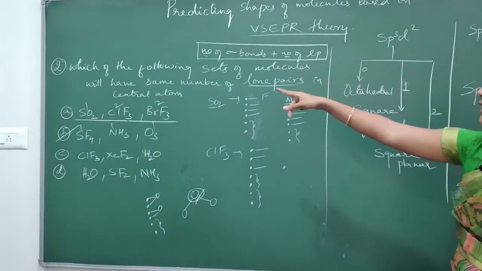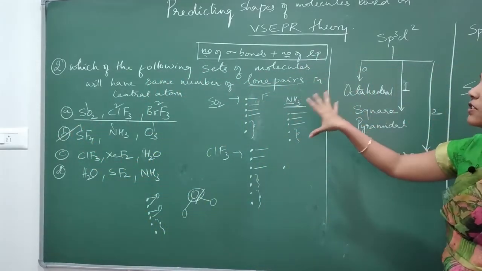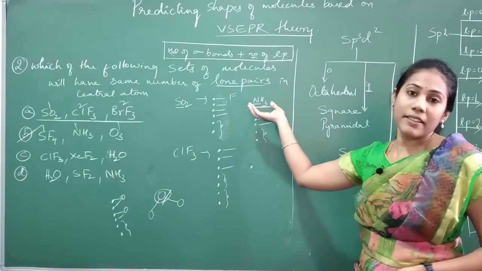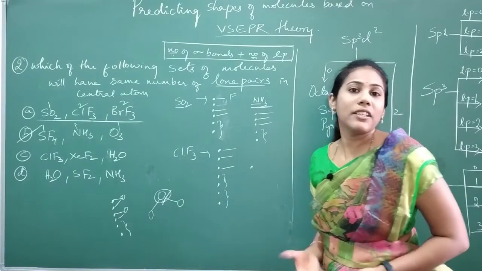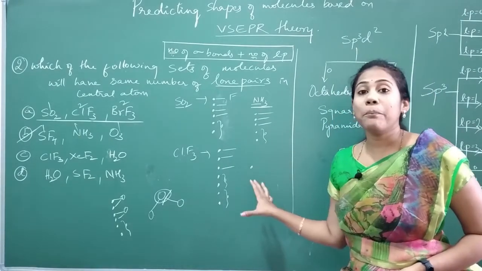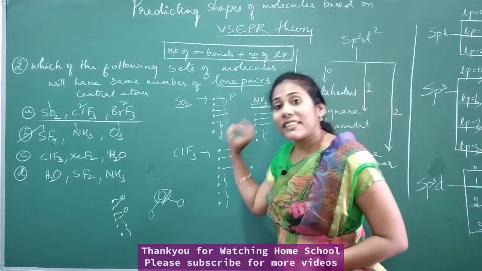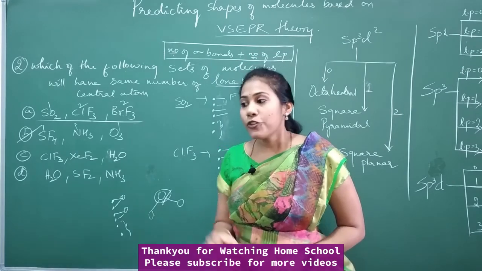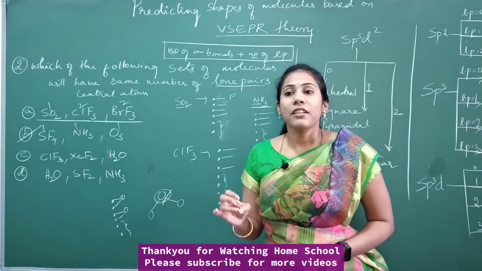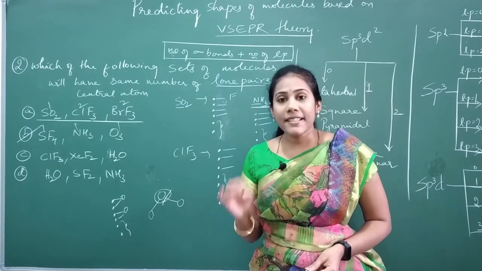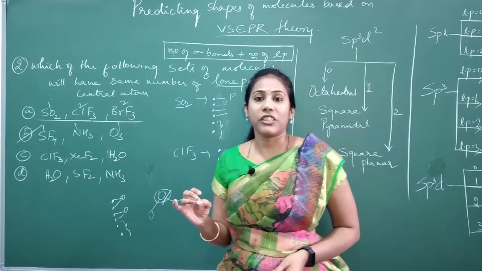So they are asking which of the following sets of molecules will have the same number of lone pairs. For this also you can apply a trick on hybridization. You will find out the number of lone pairs. It's a very easy type of question, yet very important. Many times questions like this have been asked in the NEET examinations. So you can work with more questions. Very important topic. Okay, revise carefully, work with more questions.